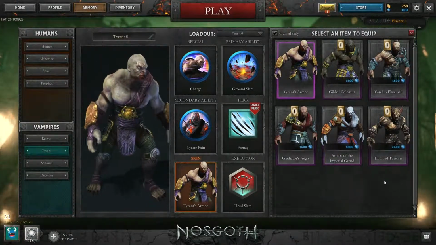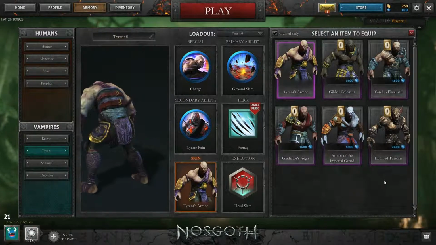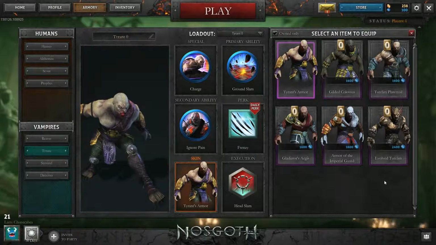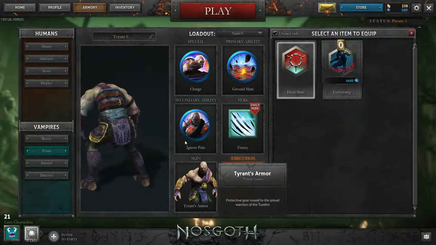These skins you can purchase with in-game currency. However, if you reach level 20 with your vampires, you get the evolved skin for free on whatever vampire you just got to level 20. Eventually, they're going to have that for all of the humans. So, I mean, there's not a lot...